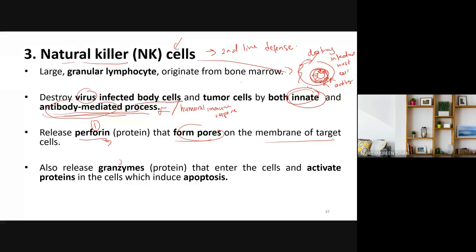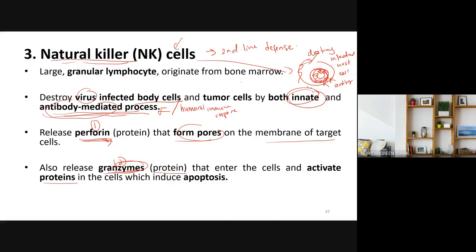Second, it releases this second molecule, which is granzyme. Okay, natural killer cell will secrete these two molecules. First is perforin, second is granzyme. Granzyme, nama dia pun awak boleh tahulah. So it is a protein or an enzyme that enters into the cell and activates proteins inside the